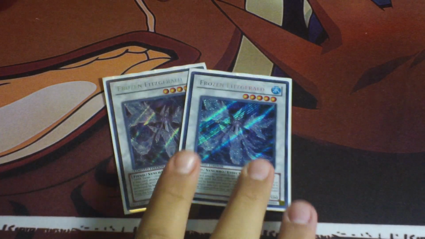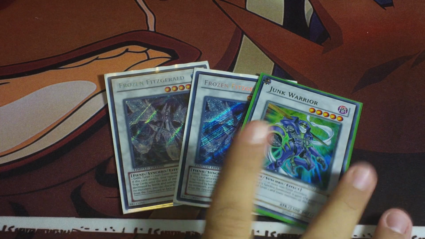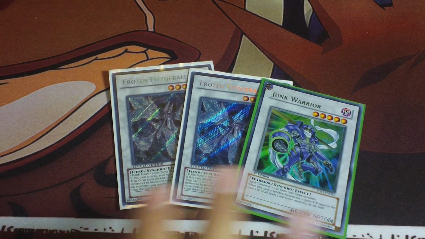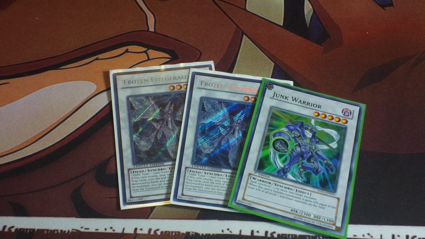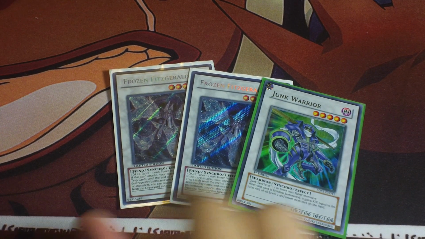Oops, this thing is all backwards. 2 Fitzgerald. If you guys want to play 3, go for it. Doesn't really matter. 1 Junk Warrior. I love Junk Warrior in this because he gives you another option to go into an OTK. Like, for example, you have 3 Ojamas on the field. You normal summon Junk Synchron, activate his effect, special summon Ojama, sync those 2, and then this guy comes out